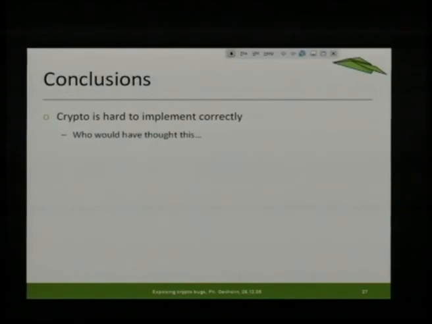Okay, so what can we conclude from all of that? Cryptography is hard to implement correctly. You all knew that, right? This is nothing very new. But still, we find it again and again when you look at different softwares. This was all done last year. We had to look at 4 systems, and 3 of them are the one I'm presenting here. The last one was okay, so we see it's astonishing how many of those systems are actually not well made. So if you don't have the source code, the only way to know if your data is well protected